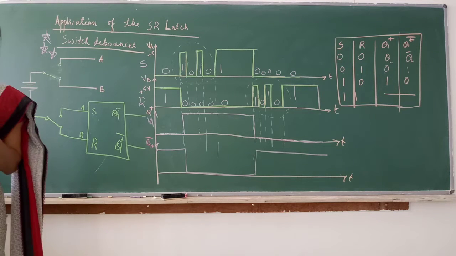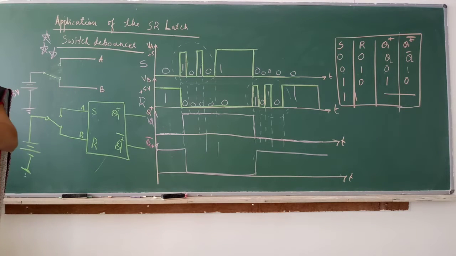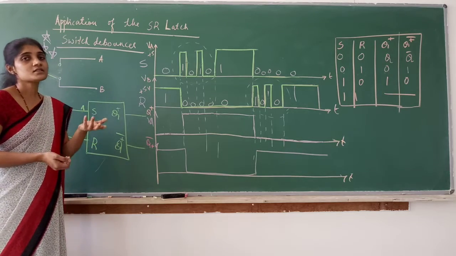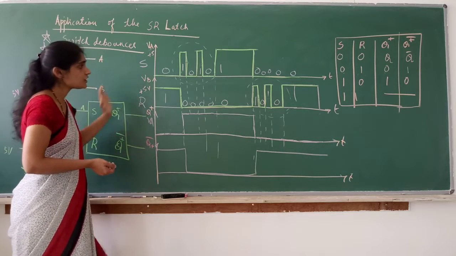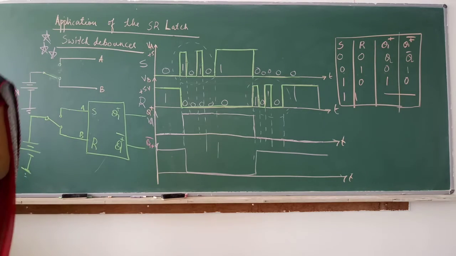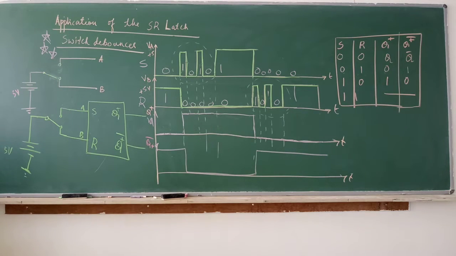Okay, 1 or 2 sentences of explanation is more than enough in digital system design for all the topics. Until and unless there are some definitions you have to remember. Otherwise, for all the problems, you need not write too much explanation. Write whatever is required. The other things will be understood directly from your circuit and the waveform. Fine? Okay. This is about the application of SR latch. We will see the next topic, that is S bar R bar latch.